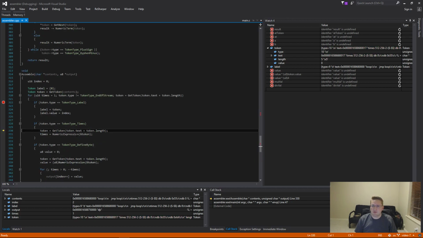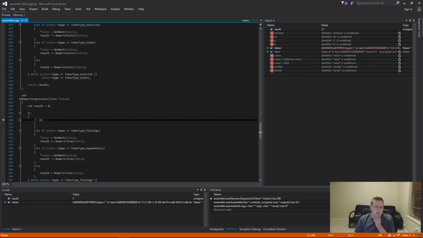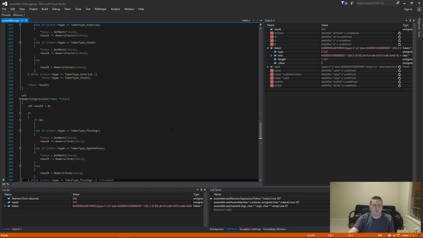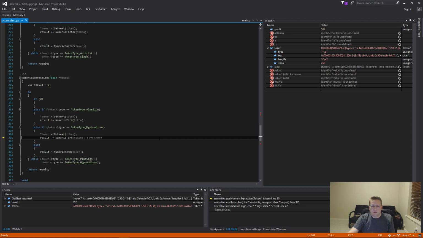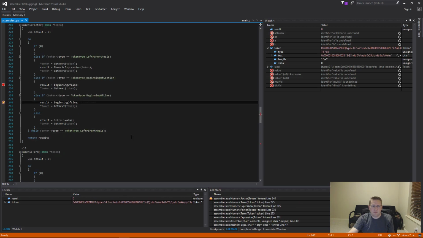This is the times. This is going to then process our calculation here. So this first one's going to get the 512, and we're at a minus. This is going to get us the 256, so now our result should be 256. We're at a minus still, so that's going to drop it down an additional 2, the minus, and then it's going to go